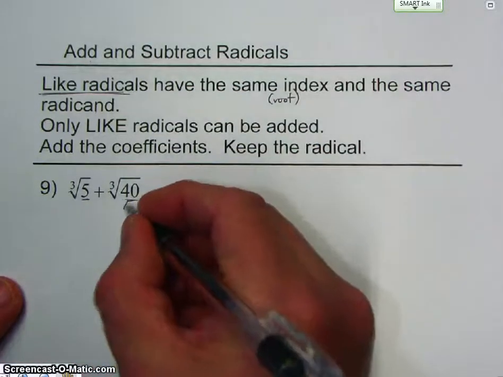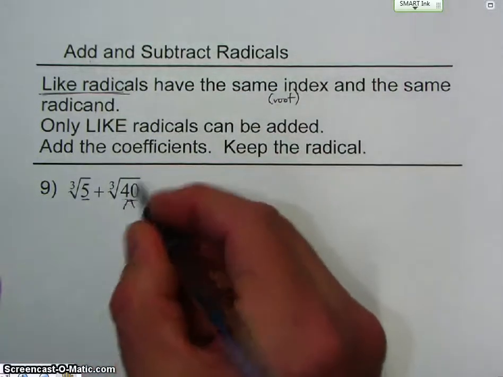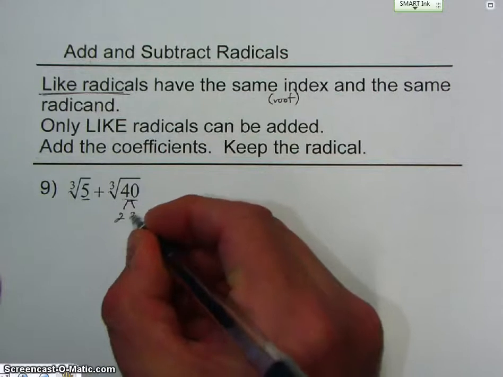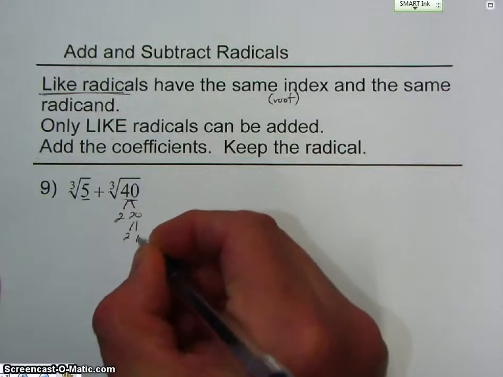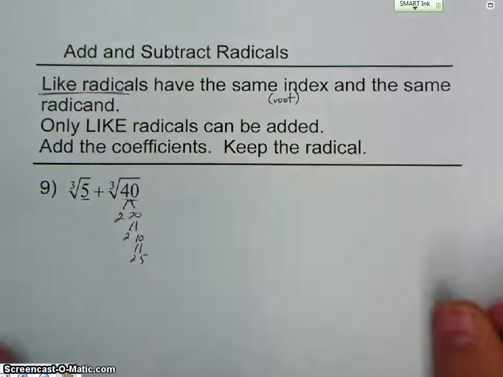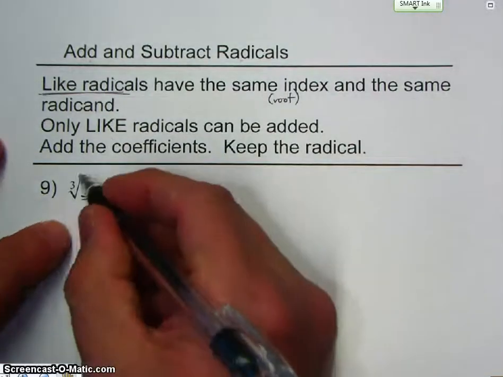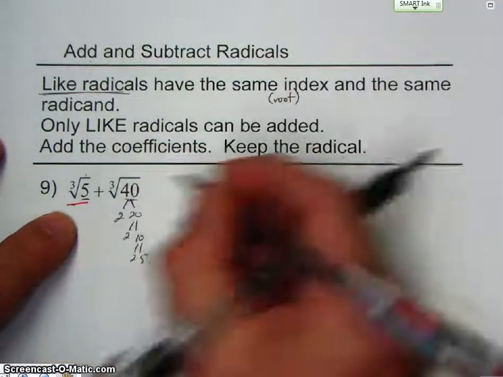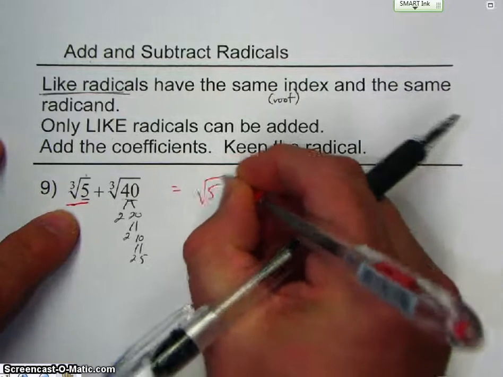All right, 40. So this 2 and 20, 2 and 10, 2 and 5. All right. So we still have this one. All right. So we're at